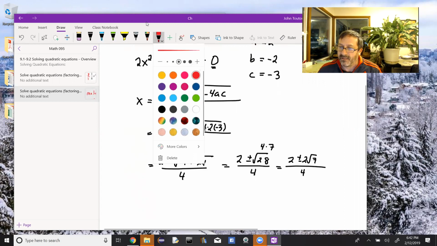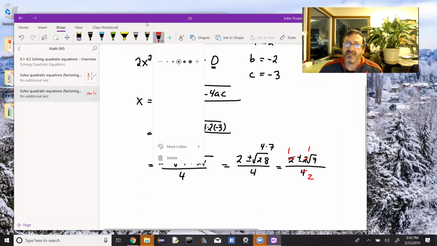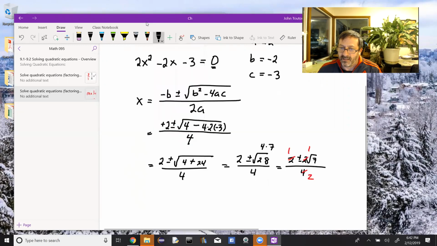I could come in here and cancel these 2's out and make them 1's. 1, 1, and cancel that out and make it a 2. So we'll get as our answer here, x is equal to 1 plus or minus the square root of 7